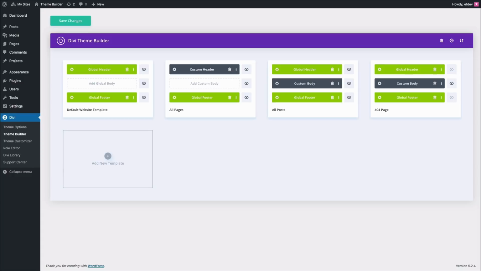In this video, we're going to be showing you how to use the Divi Theme Builder. The Divi Theme Builder is an interface within Divi that allows you to use the powerful Divi Builder to construct theme templates and assign those templates to pages or posts across your theme. In short, the Divi Theme Builder takes the power of the Divi Builder and extends it to all areas of